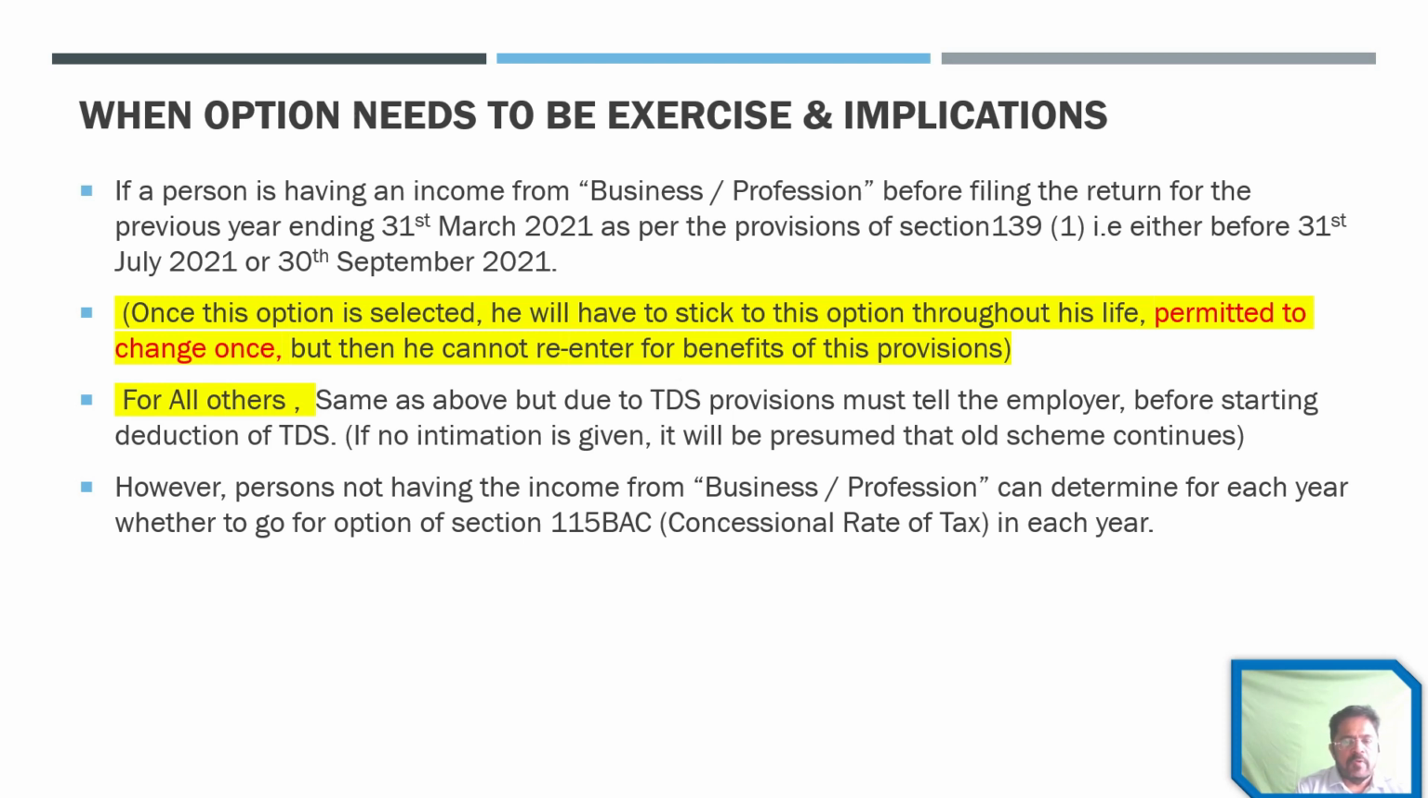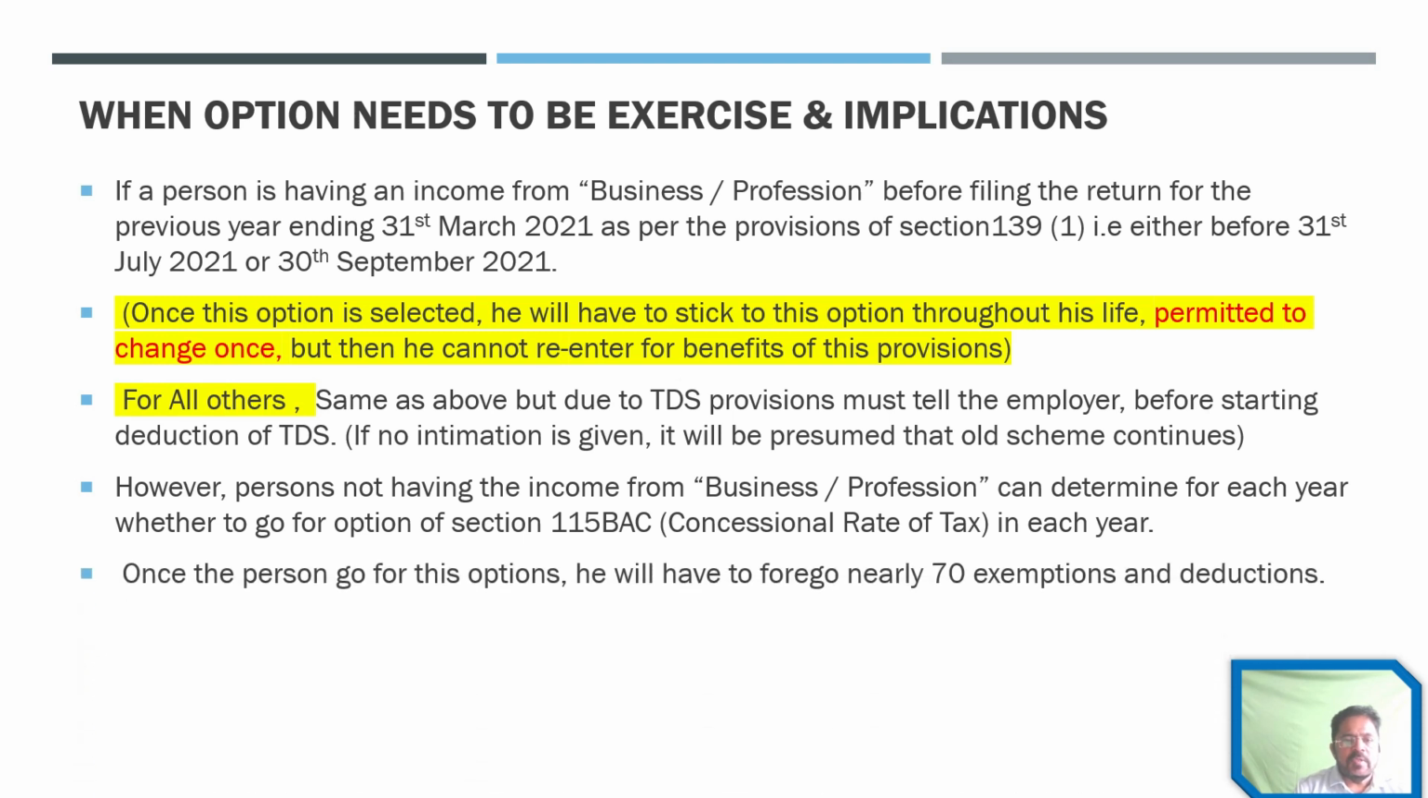out. But for business and profession, once you are in, you cannot come out, and once you come out, you cannot go in. So to that extent, it is lopsided against a person who is having an income from business and profession and is disclosing that income. Once the person goes for this option, then he has to forego nearly 70 exemptions and deductions. So you will be losing out all the 70 exemptions and deductions which are generally otherwise available under the old